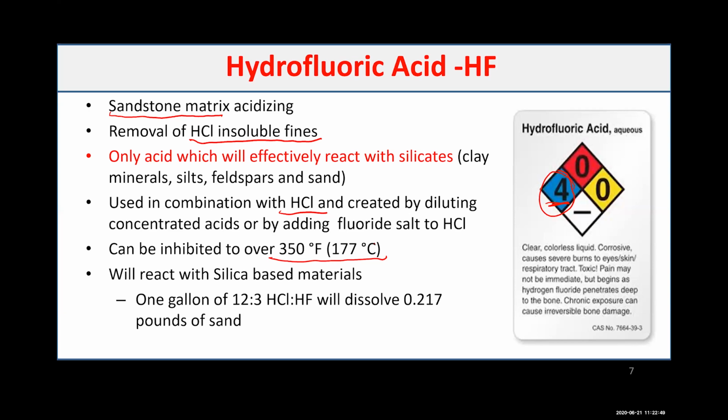We are talking about actually good solubility: 1 gallon of 12% HCl and 3% HF. That's also the best way to write the concentration of the HCl HF system. We usually call it mud acid, 12% HCl and 3% HF. It dissolves 0.217 pound of sand. Just remember, 15% HCl